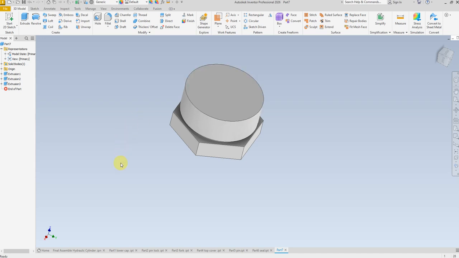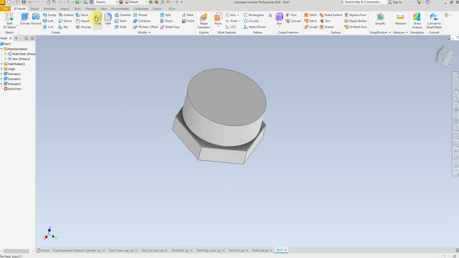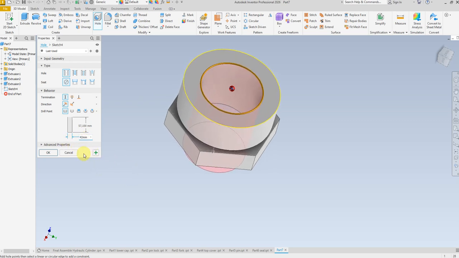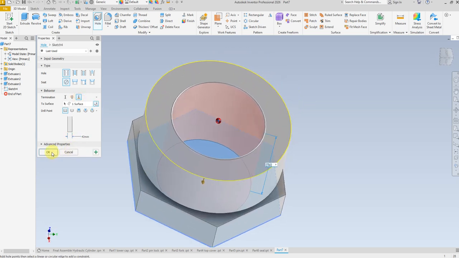Again, select hole command, and let's create a hole here, and the depth will be 42 millimeter and the size 42. So let me select hole command, simple hole, select this face and select this edge, give a dimension of 42 and give a distance up to this face. Okay,